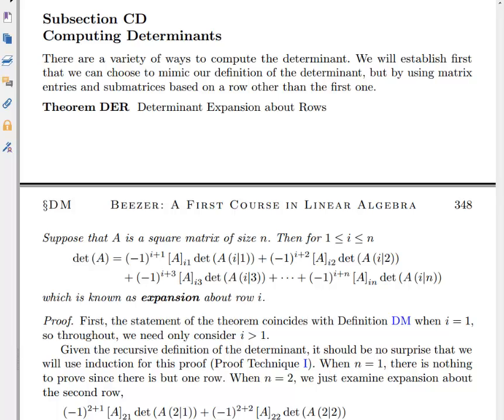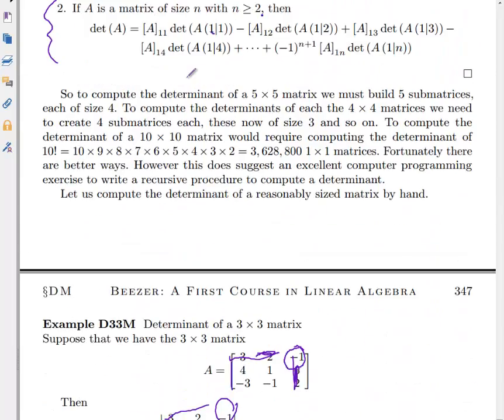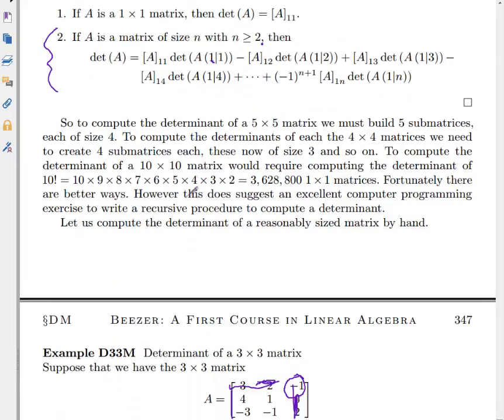Okay, well, we found a way to compute determinants, and in this section we're going to find alternative ways of computing determinants, which can be much easier. All right, now remember when we computed the determinant up here, the way you did it was